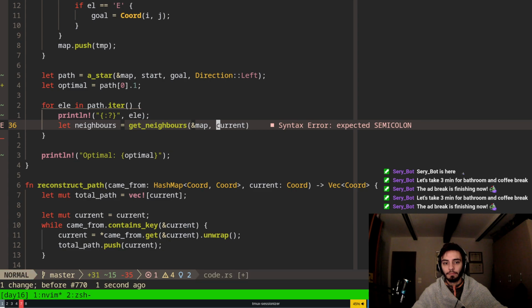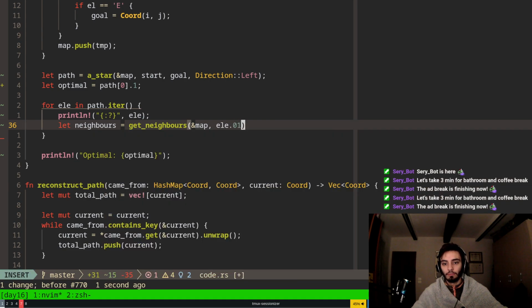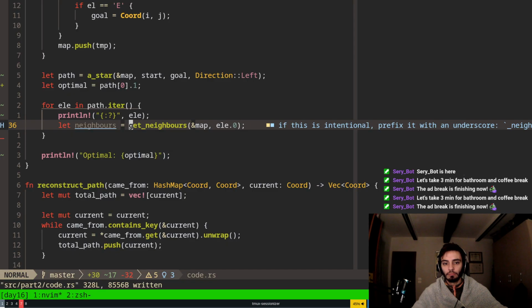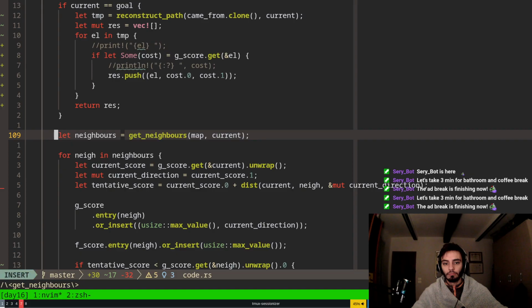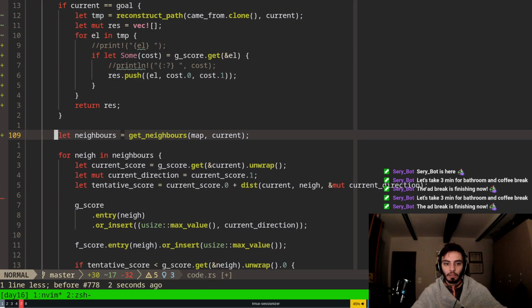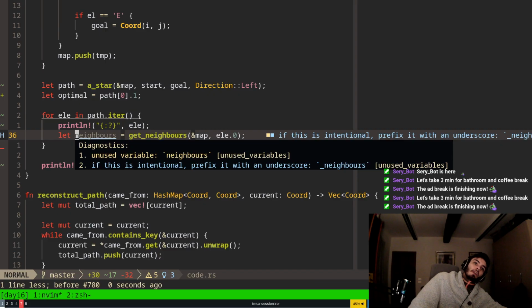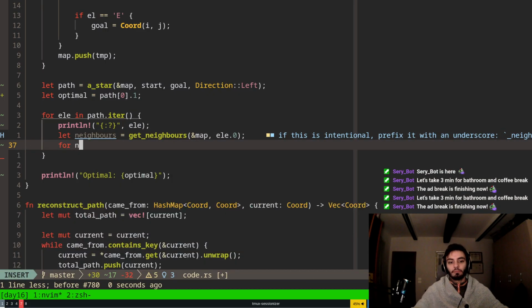Here's the map, and the current is L dot 0. Okay. God damn it. Man, oh man. Okay. Now for each neighbor, for in neighbors,